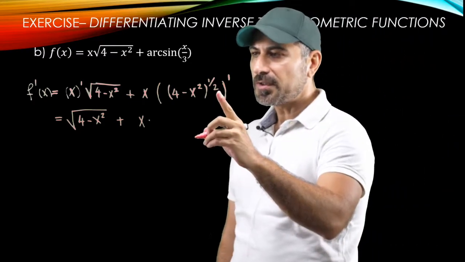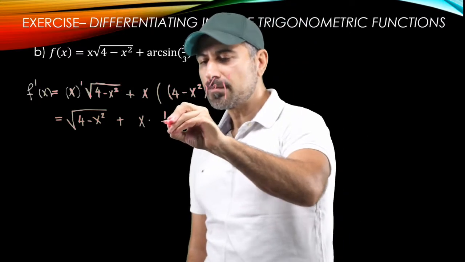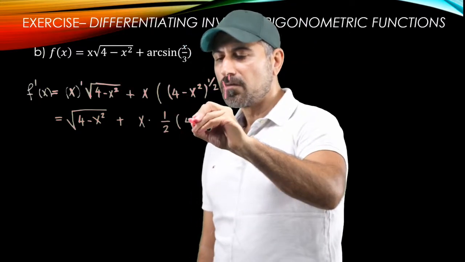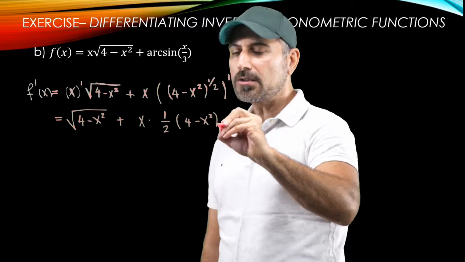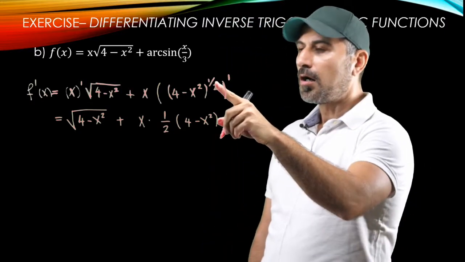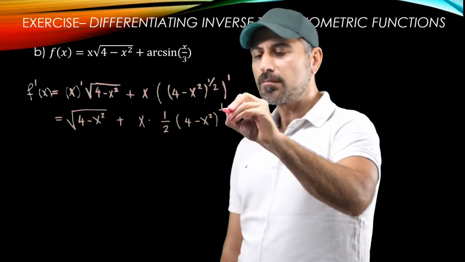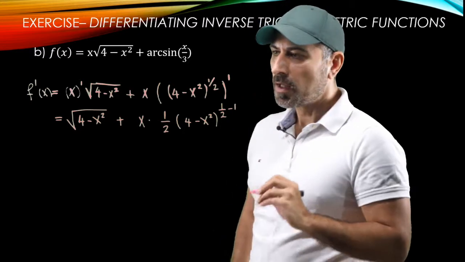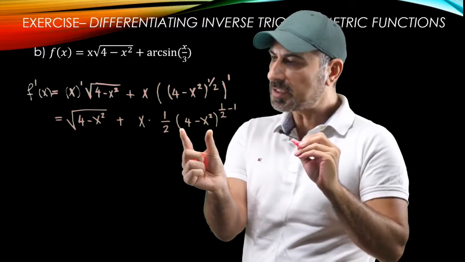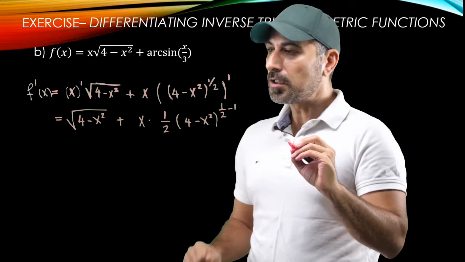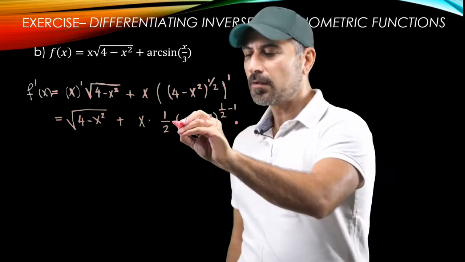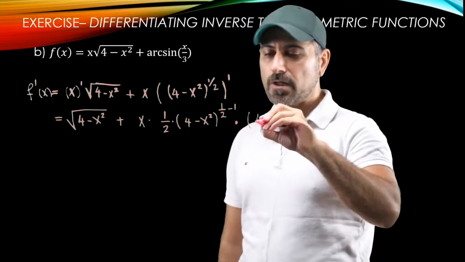So the derivative of this here is going to be 1/2 times 4 minus x squared to the power of 1/2 minus 1. But since you have an inner function here, we take the derivative of that too. So this is multiplied by the derivative of